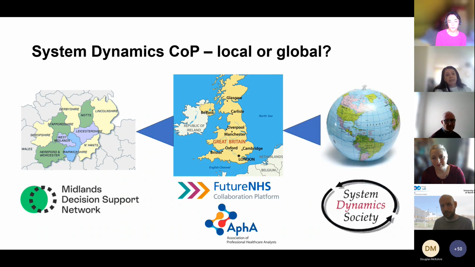But we also know there are system dynamics specific resources. There is an international society and a chapter for the UK. So in March, for example, instead of having our own system level event, we partnered with the System Dynamics Society and sponsored analysts from the NHS to attend the conference. It was a really successful experience because it gives you a wider idea of how you could use this approach in other areas, perhaps thinking of your personal development.